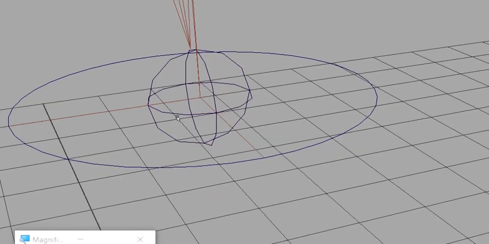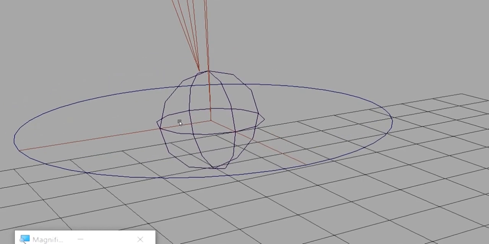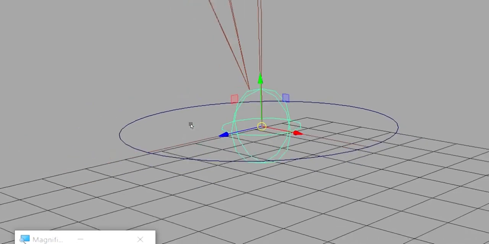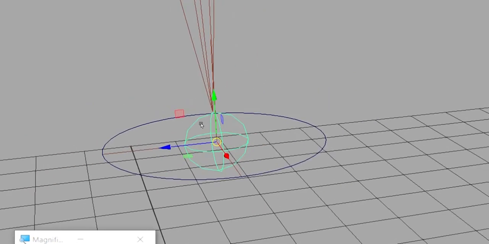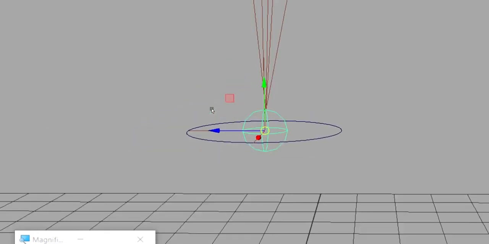So snap to point will snap to the nearest point of any node. Anything is called a node. The joint is a node, right? That's all. But what happens here again?